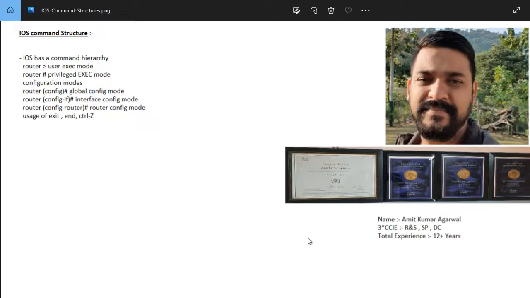Hello everyone. In this video we are going to discuss the IOS command structure. This is a very basic thing which you should know before you do the configuration part of any router. So if you are very new in networking, then sometimes you will face problems,